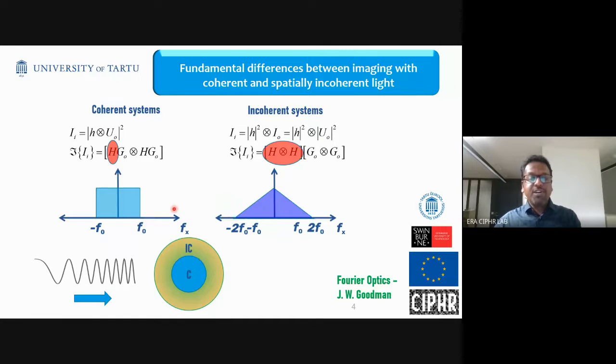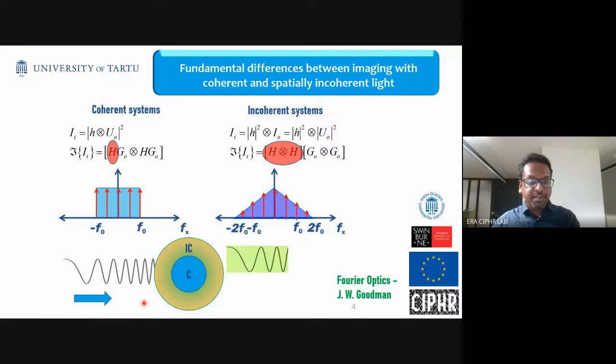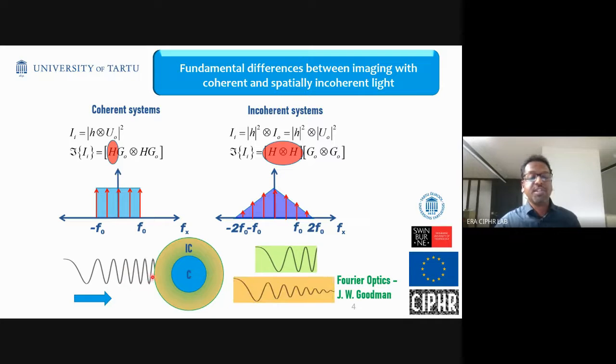In the case of an incoherent imaging system, you can see that the bandwidth is higher. When we send a spatial frequency comb like this, in the case of a coherent imaging system, only part of the spatial frequencies enter. But here you can see more spatial frequencies enter into the system. The same experiment done in another way: this sinusoidal wave you're seeing here is not a time varying signal, it's a space varying signal. When this is sent into an incoherent system, denoted by IC, and a coherent imaging system, you can see that the incoherent imaging system has a better response. Consequently, they also have super resolution.